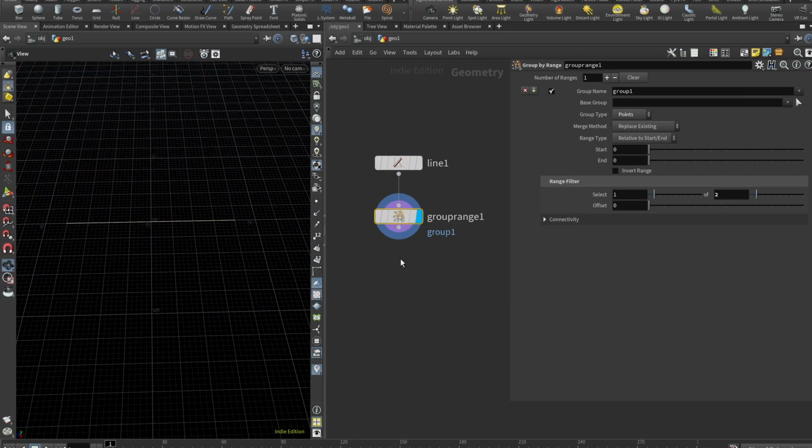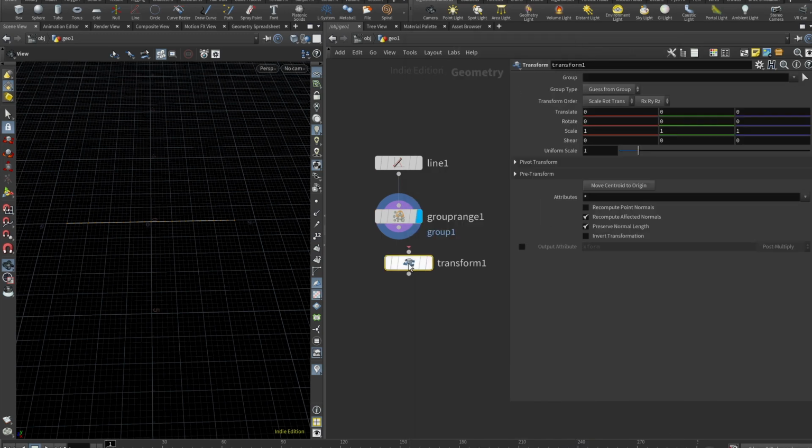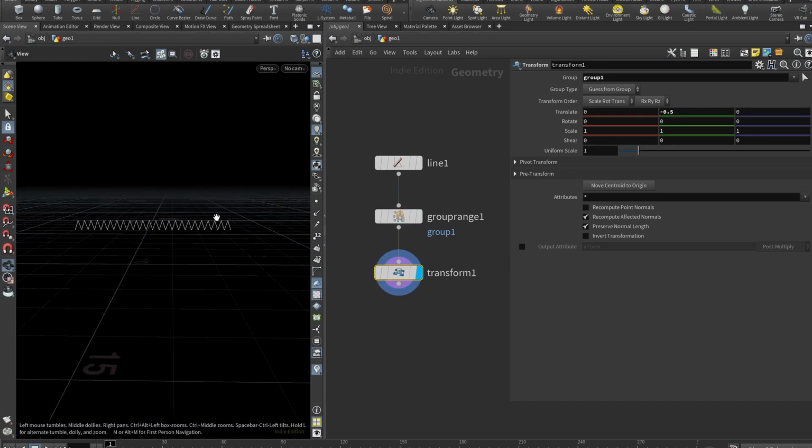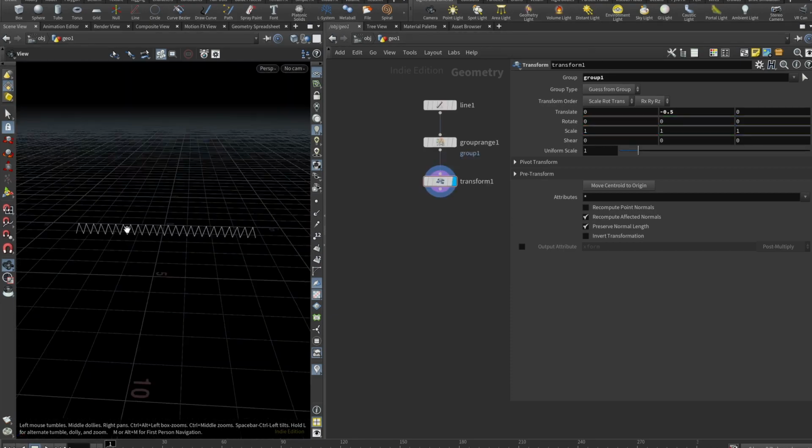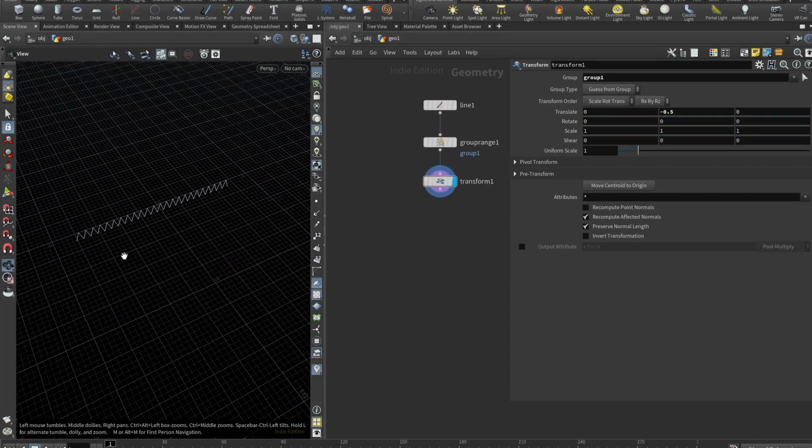And this is exactly what we want, because right now we can drop the transform node and shift these points that are in our group 1. We can shift them to -0.5. And now we have our zigzag line. And now we can use this as our strands, but let me show you something a bit more interesting than this. There are multiple ways you can animate something along this curve, but I think the easiest solution